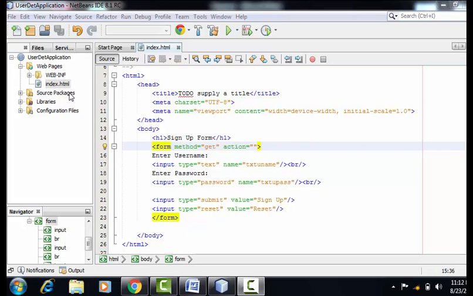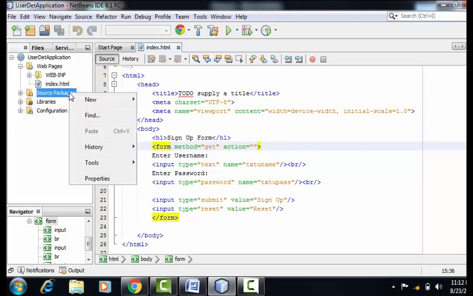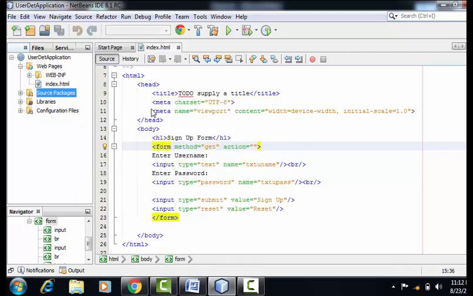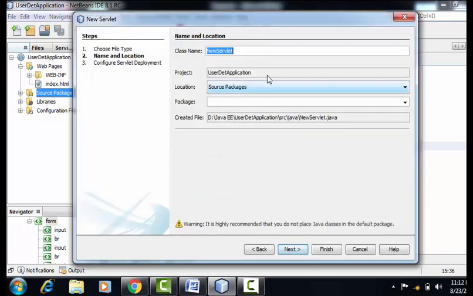For creating a servlet file, we'll have to right click on source packages, new, servlet. The name of my servlet is InsertDataServe. Package name is servlet.